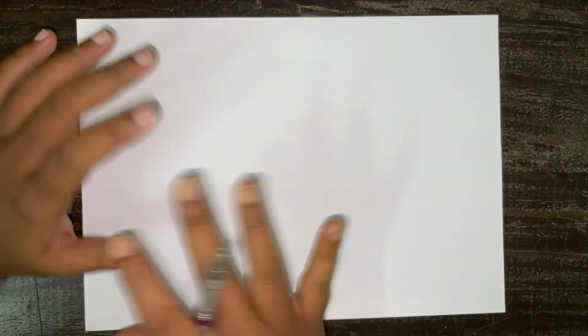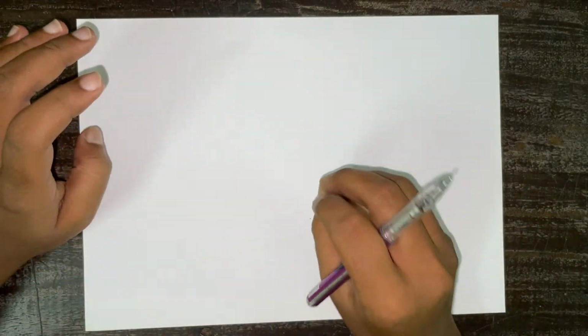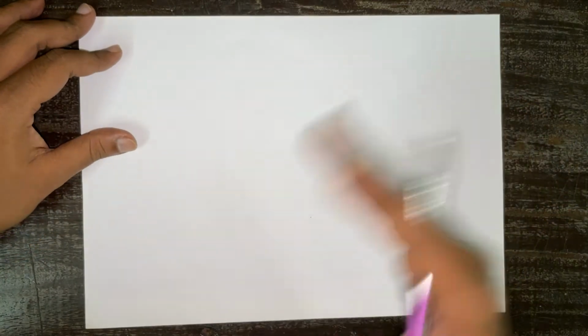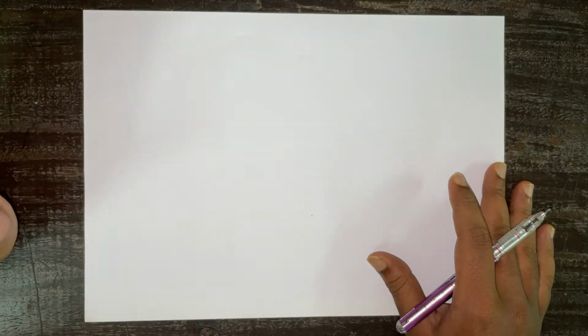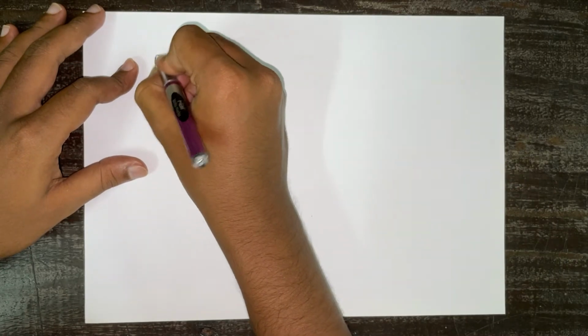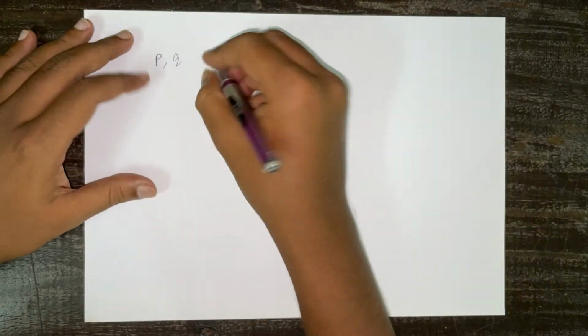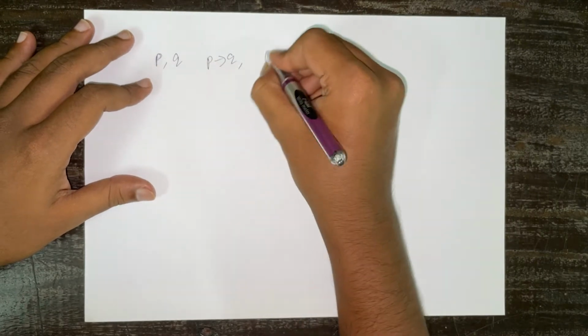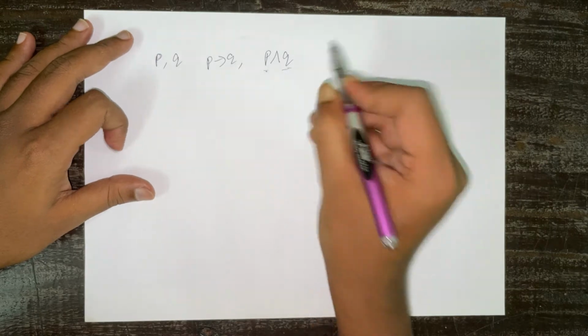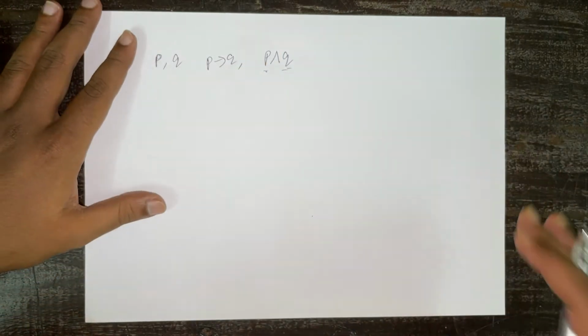So first of all, without wasting any more time, let's dive into what do we mean by statements. Okay, so we are going to deal with statements in exercise 2.1. Now, what do statements mean? When you are going to see things like P, Q, P implication Q, P conjunction Q, these things. Now, what are P and Q? P and Q are statements. Any statement that you can make.